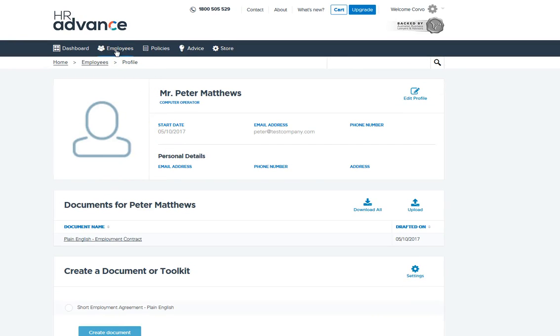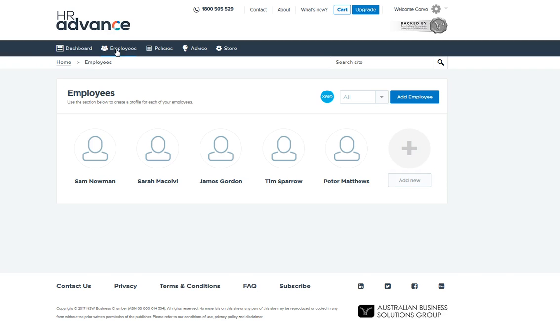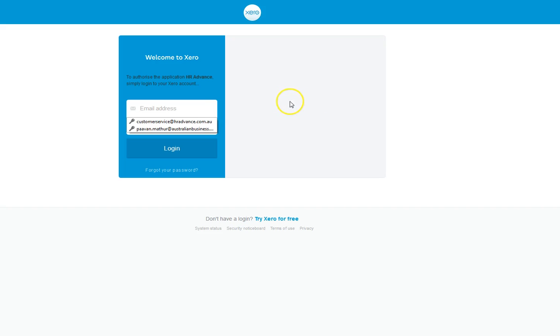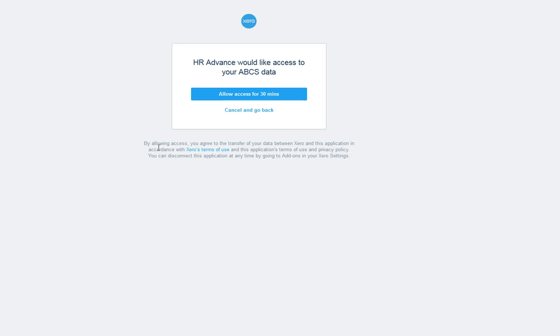The next thing I'll show is how to import an employee from Xero. To import an employee, click on the Xero icon. You'll then be directed to the Xero login page. So I'll go in and log in. Once you're logged into Xero,